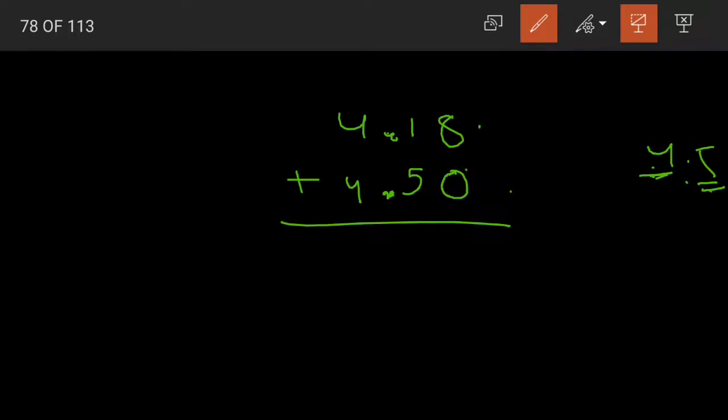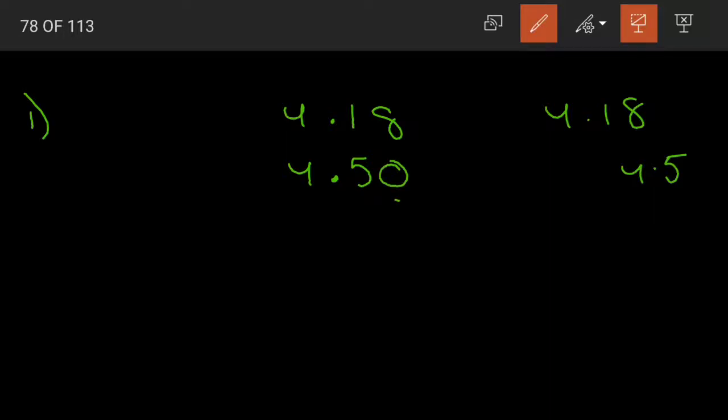Yes children, and also to make our addition and subtraction easier, I am writing a 0 in the empty place. So what are the two steps? The numbers we had were 4.18 and 4.5. First step was I arranged them according to their place values. See, the decimal point should be exactly one below the other. Only then we can say that the given decimal numbers are written according to their place values. And here in the empty space we will write the 0. To make it also a number with two decimal places, we are writing a 0.